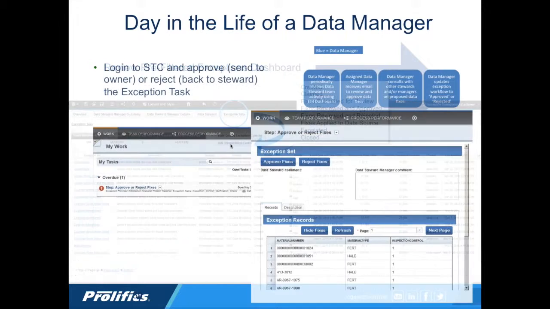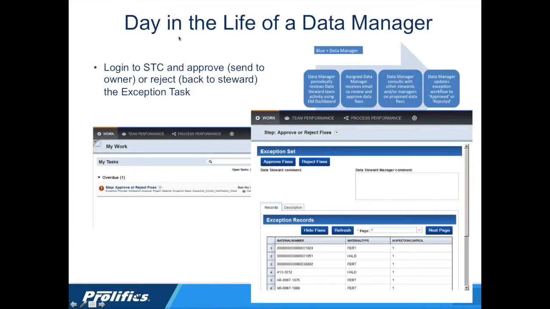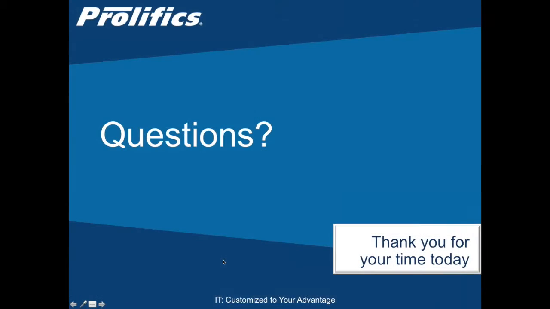So the Stewardship Center, again, this time we log in as a manager, and we have only the option to approve fixes or reject fixes. By approving them, we send the fixes back onto the owner's swim lane, and by rejecting fixes, we send them back to the steward's swim lane. And so this is the same kind of screen where I see the fixes. I can refresh. I can move through the various different pages of that. And that then is the Stewardship Center exception management